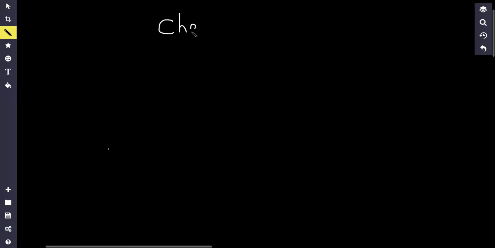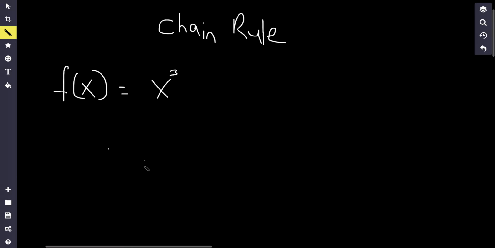Let's go ahead and talk about the chain rule. And the chain rule is used for composite functions, basically a function inside of another function. Let's say we have a function f of x equal to x to the third power. And let's say I have another function, g of x, equal to the square root of